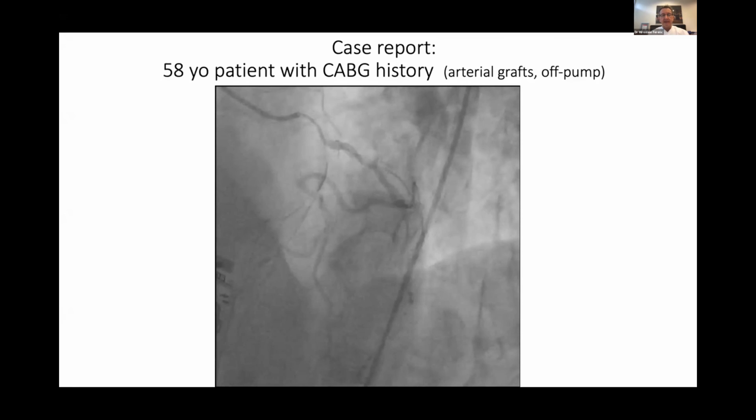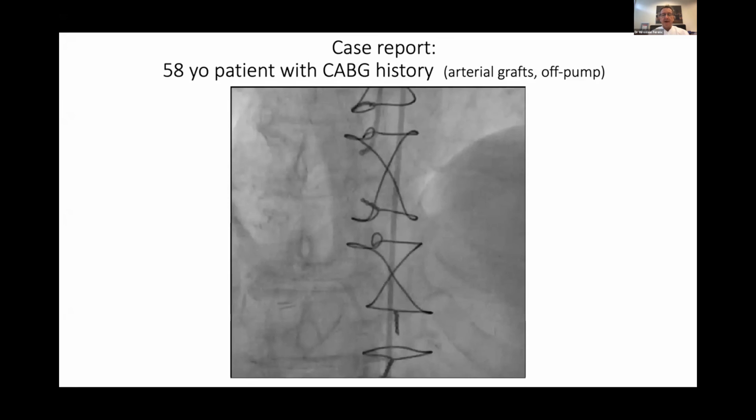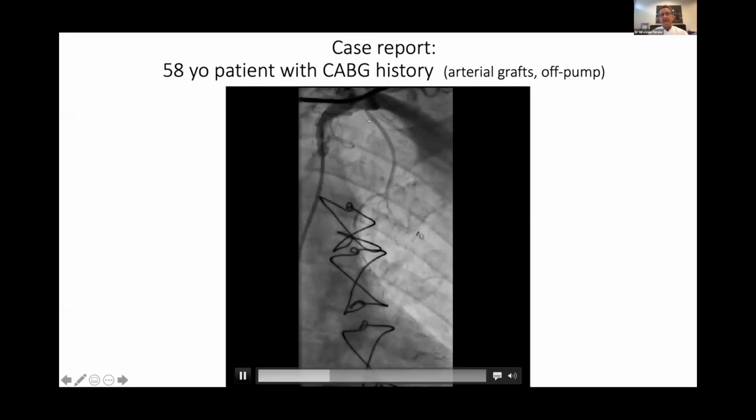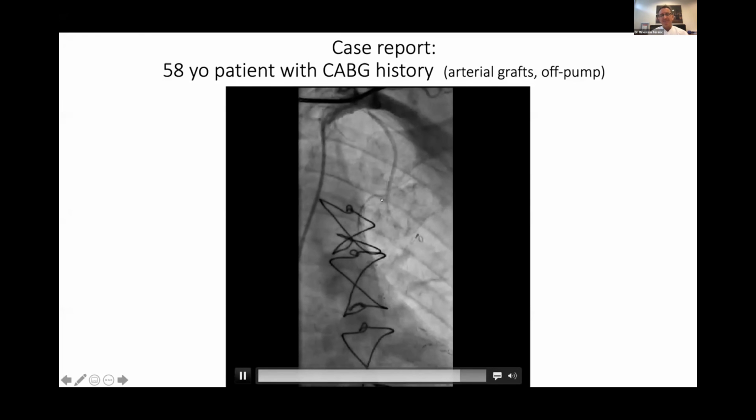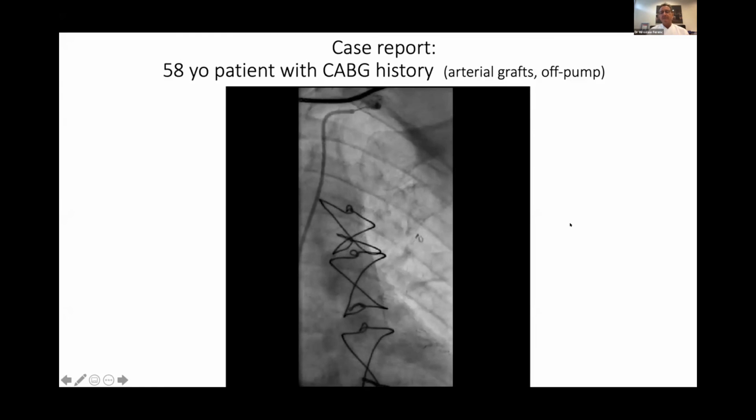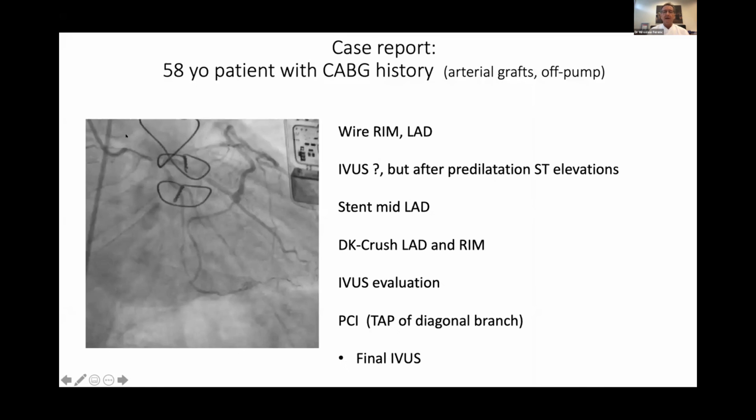If you go to the center, this is the right, which is still okay, and this is the arteria thoracica, and this is here occlusion. There was a problem here, and the patient had symptoms for a longer time, and now with aggravation of these symptoms. So the idea was to wire